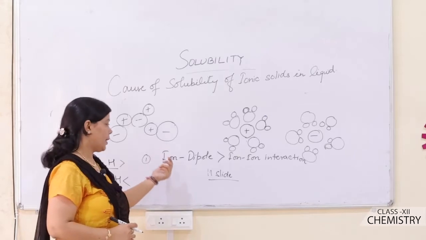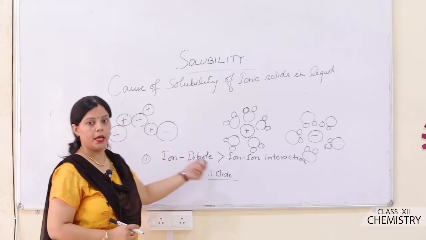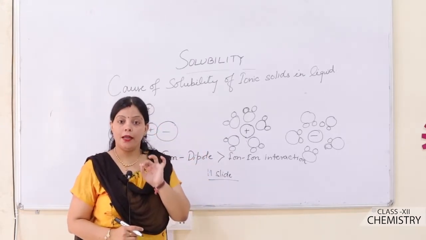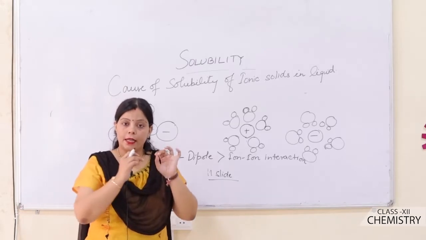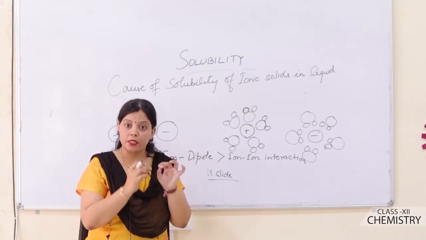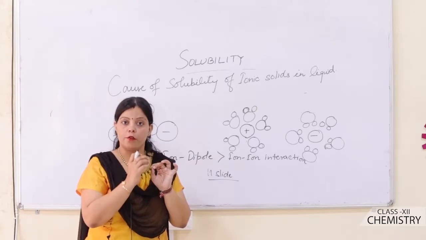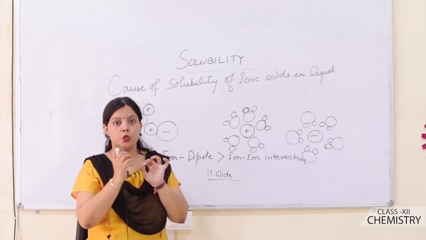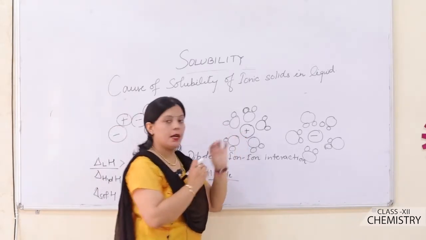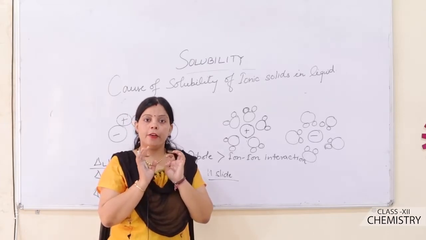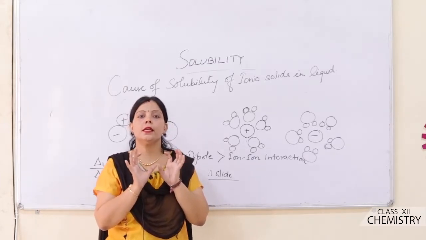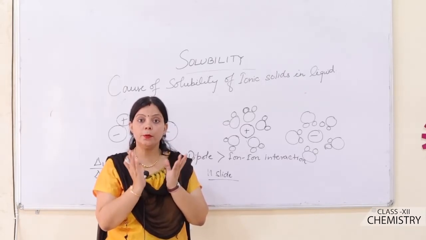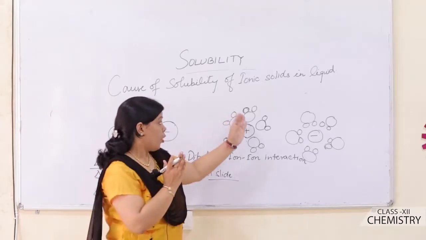When the ionic solid comes in contact with the water dipole, the interaction becomes ion-dipole interaction. That may be either cation-dipole or anion-dipole. In this case, when the ion-dipole interaction is greater than the ion-ion interaction, the cations and anions get attracted by the opposite poles of the water dipole, and as a result these ions pass into the solution. When these ions pass into the solution, they remain as independent entities, but they are enveloped by the water dipoles.